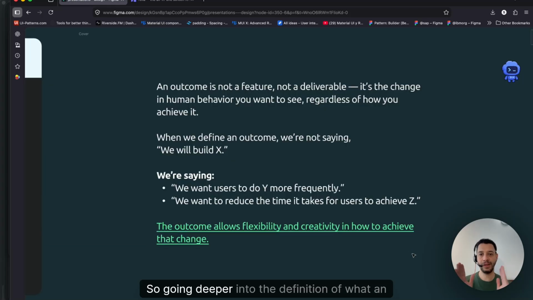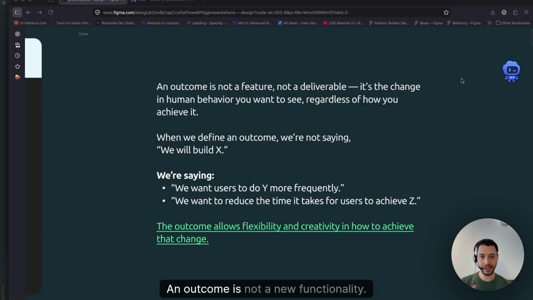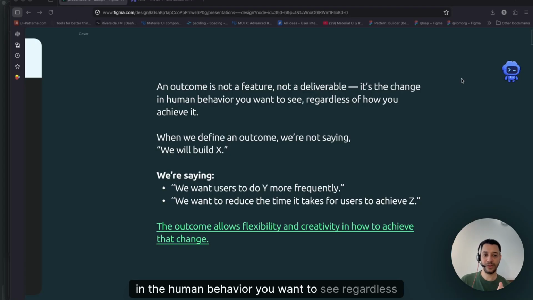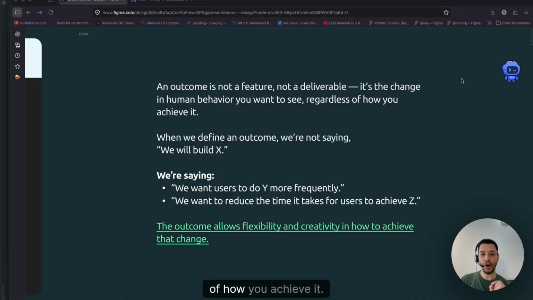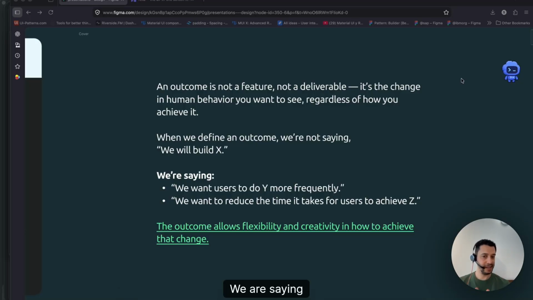So going deeper into the definition, an outcome is not a new functionality, it's not a new feature, it's not a new modal or drop down or flashy UI. It's not a deliverable. It's a change in the human behavior you want to see, regardless of how you achieve it. When we define an outcome, we are not saying we're going to build this new functionality that people are going to love. We are saying we want users to do this more frequently or less frequently.